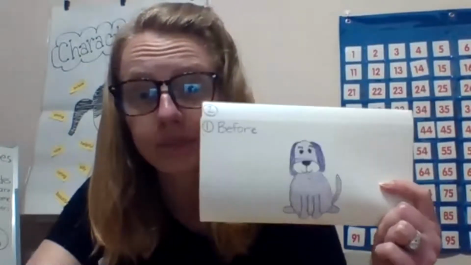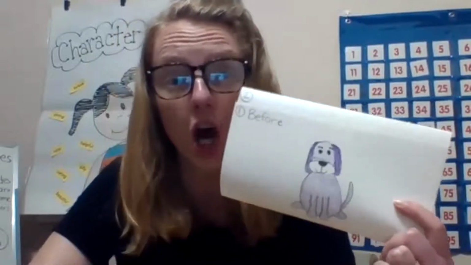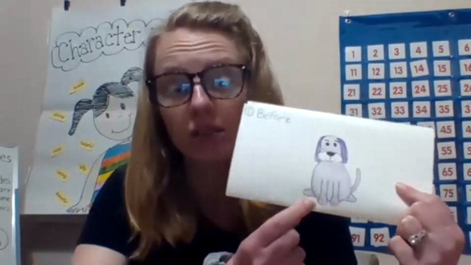So we use the clues from the story to help us draw our picture. All of us drew a dog, right? Because it says my neighbor's dog. And what color did we use? Purple, because that describing word, that adjective gave us a clue for what the dog should look like. So let's read some more details